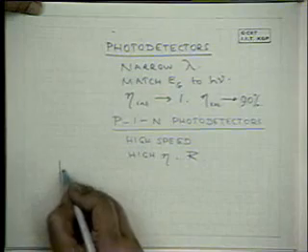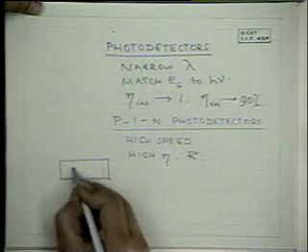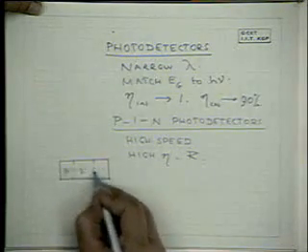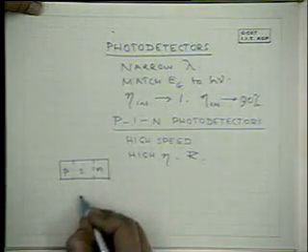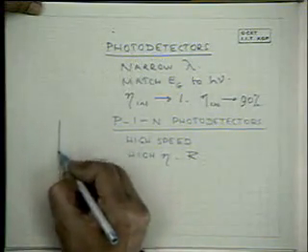And the reason one has this I region is that by varying the width of the, if you have light incident from this side,